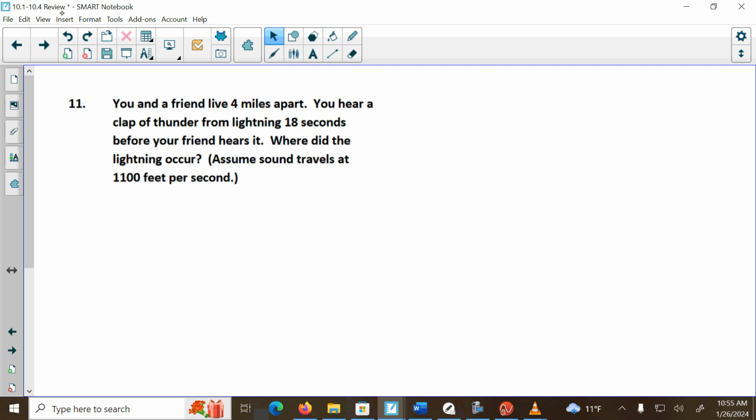1,100 feet per second. So what I'm going to do is change this 4 miles to feet. Just so you remember, 5,280 feet is equal to 1 mile. So if I have 4 miles, I'm going to take 4 times that 5,280. And when I do that, I get